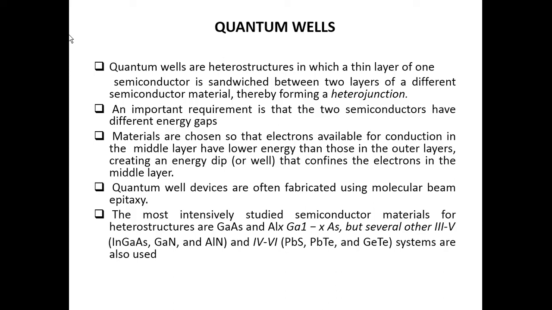Quantum well devices are often fabricated using molecular beam epitaxy. Usually quantum well devices are fabricated using molecular beam epitaxy, which we have already discussed and learnt. The most intensively studied semiconductor materials for the heterostructures are gallium arsenide, aluminium gallium arsenide,